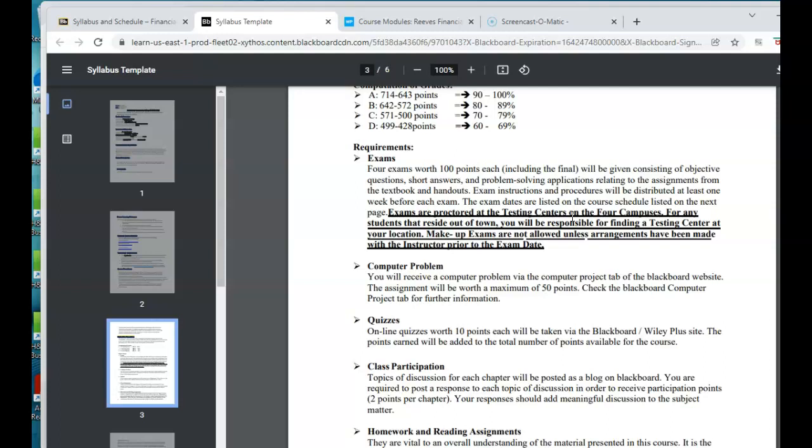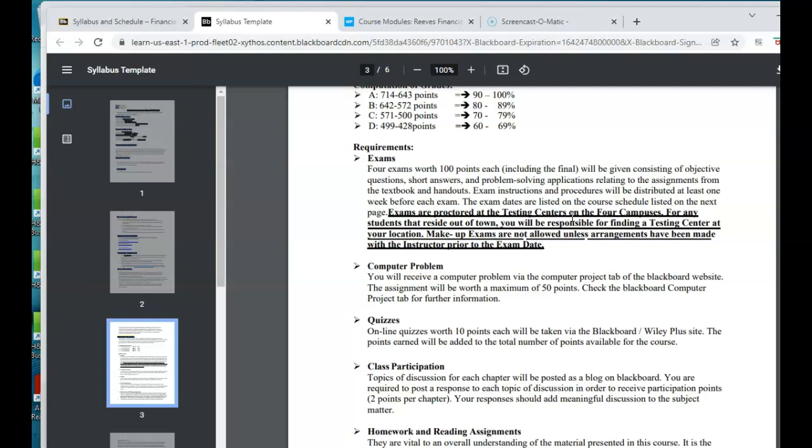Now, financial accounting is a transferable course. We have agreed with the four-year universities that we will proctor face to face the exams for financial accounting since this is a transferable course.